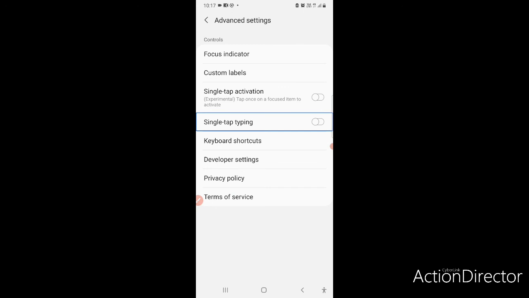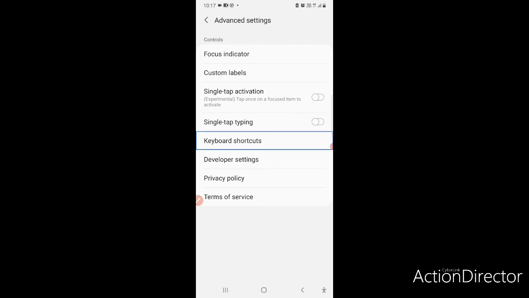Single tap typing is when it is turned on, you do not need to double tap on any letters while typing on a keyboard. If you have learned the keyboard very thoroughly, you can type very fast on it without double tapping any letter. You can just tap once on any letter to write it.